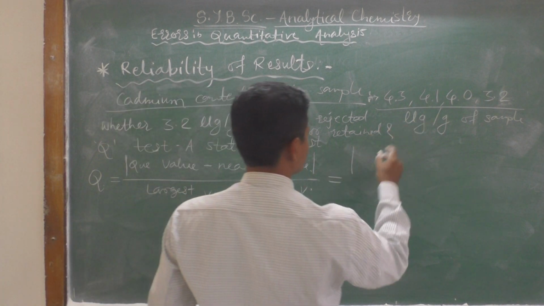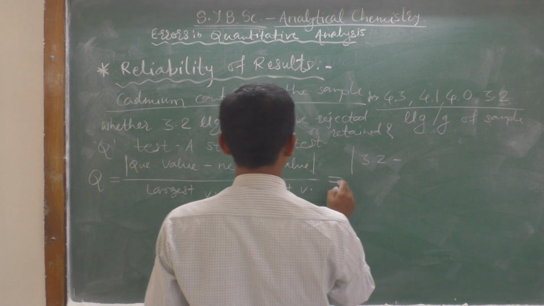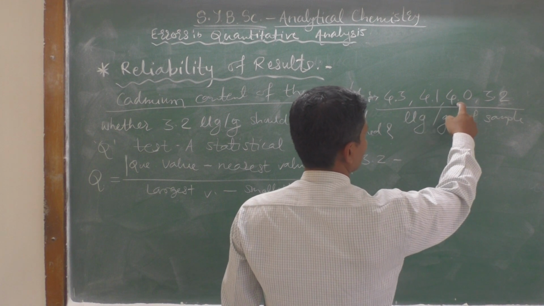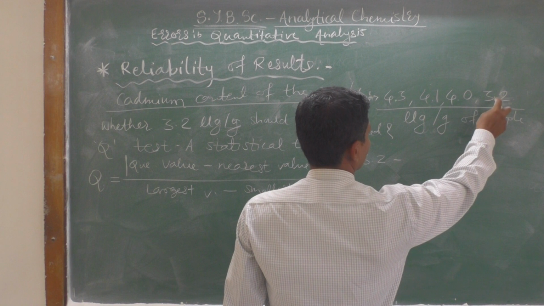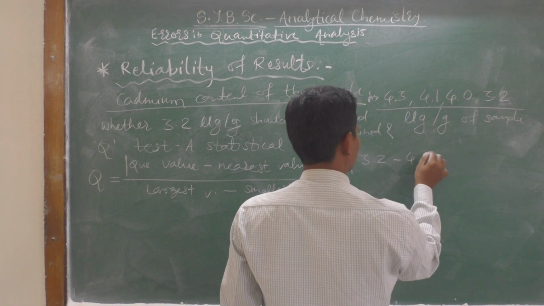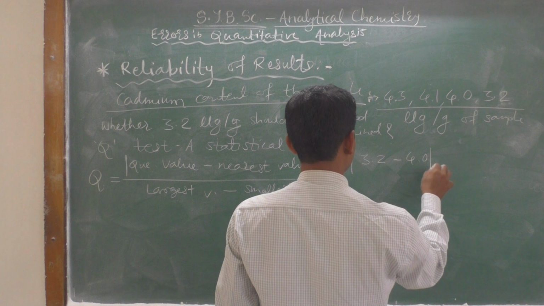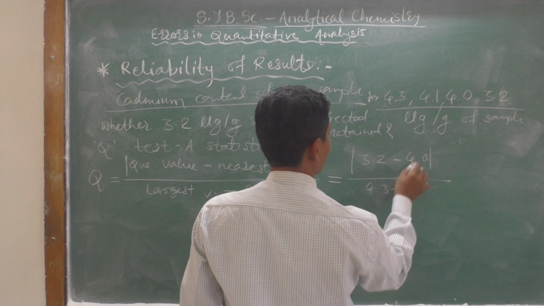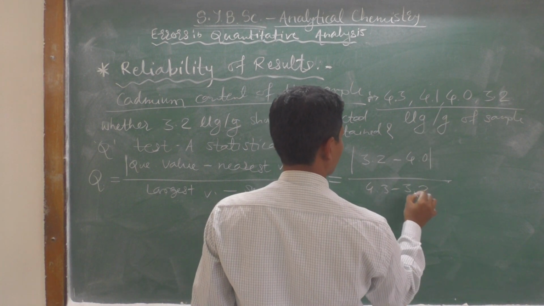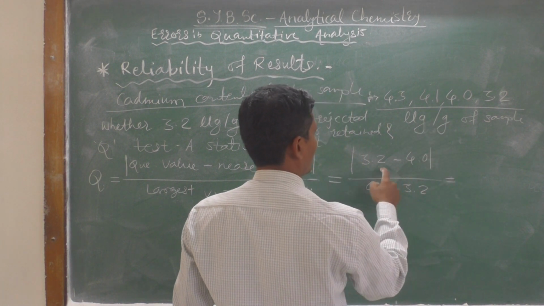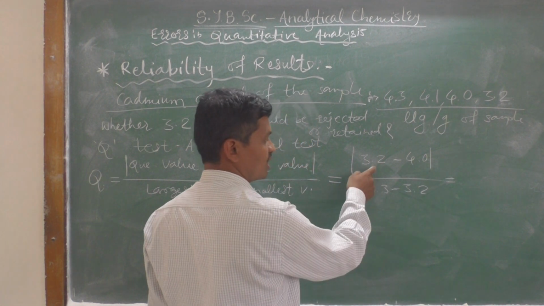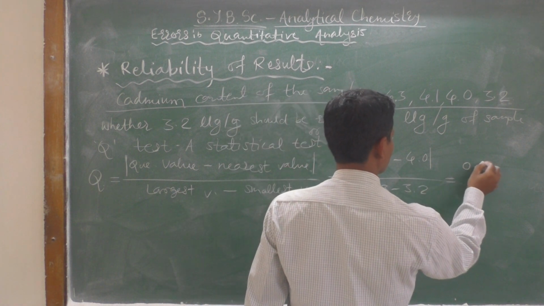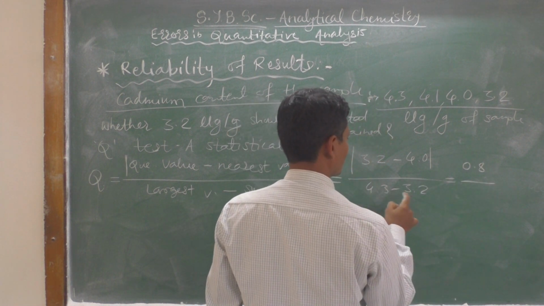The questionable value is 3.2. In mod, 3.2 minus the nearest value, which is 4.3, 4.1 or 4.0. The nearest value to 3.2 is 4.0, divided by the largest value 4.3 minus the smallest value 3.2. As the numerator is in mod, the answer is positive 0.8 divided by 4.3 minus 3.2,